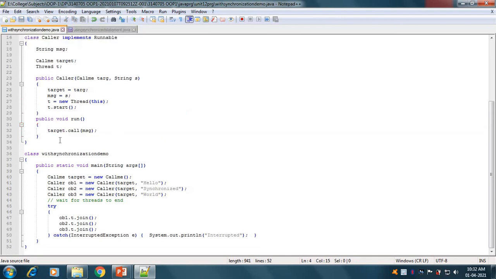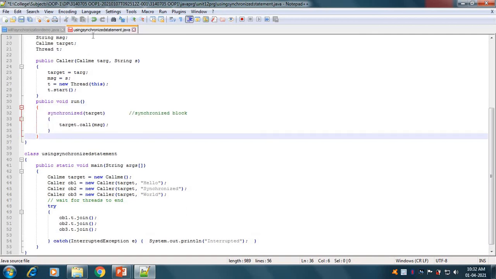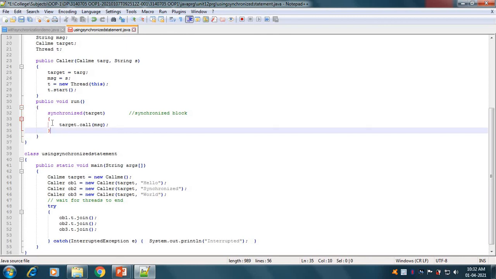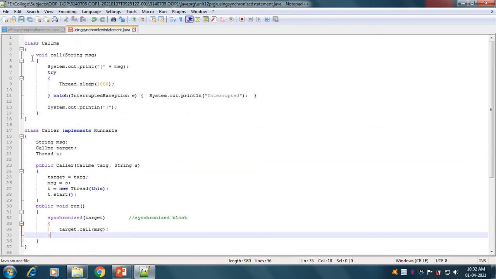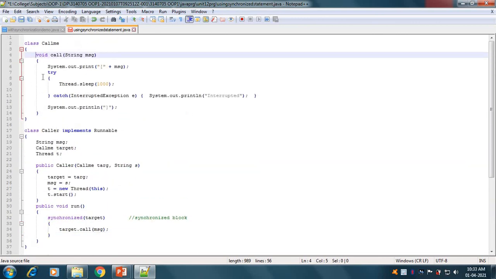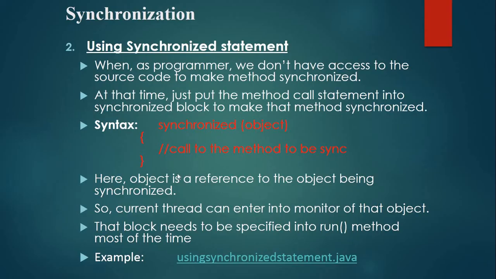Here you can see in the run method, unlike our previous example, we do not put any synchronized keyword on the method, but we have put our calling statement into a synchronized block. So these are the two methods by which we can make two or many threads synchronized.